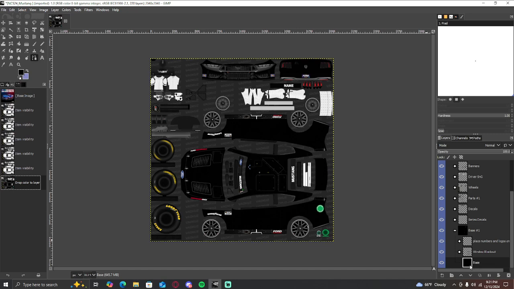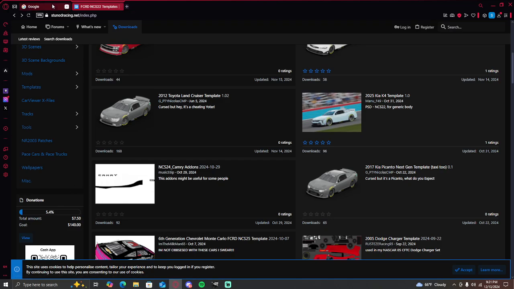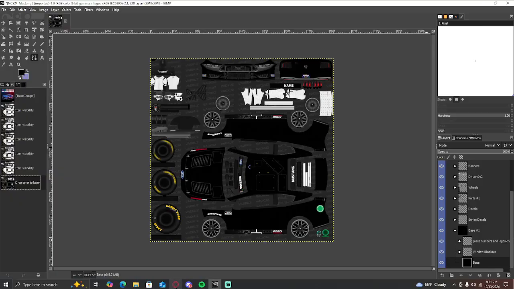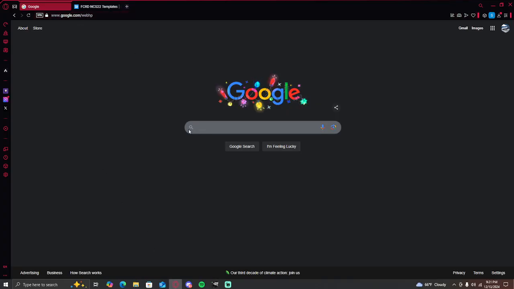Now, what you can do is a lot of these images you can find on Google. Any logo, number, anything, go find it on Google. So, let's say I want to, for some reason, make a Chase Elliott number 9 Monster Energy Mustang. Don't know why I would want to do that, but